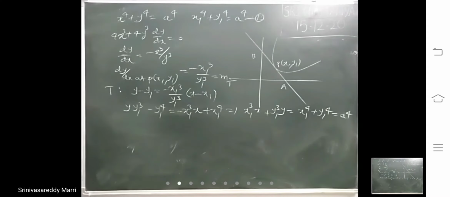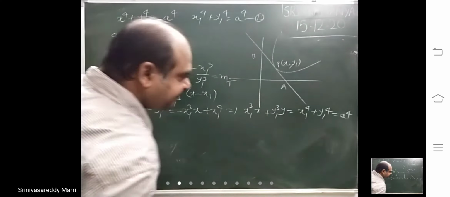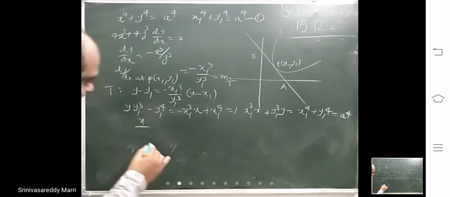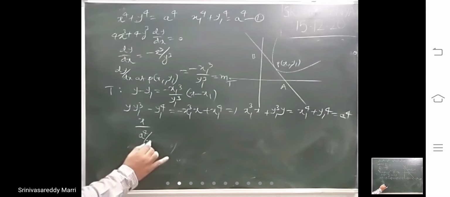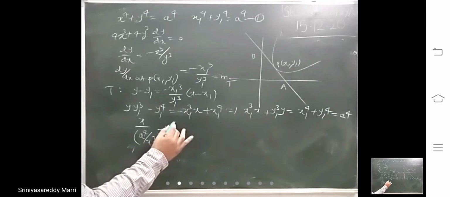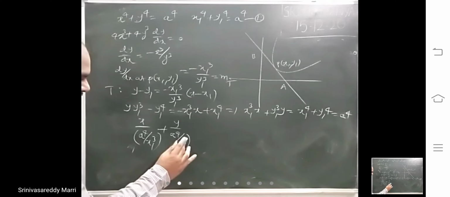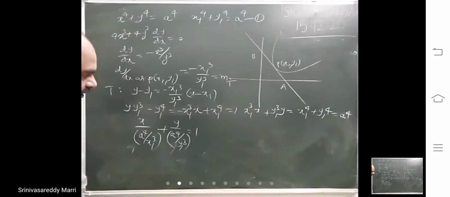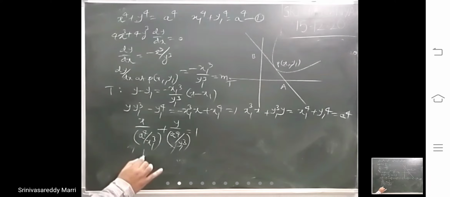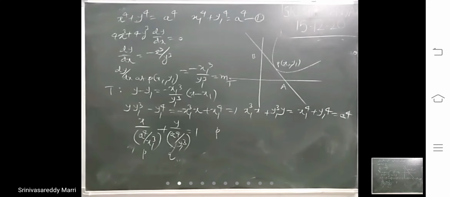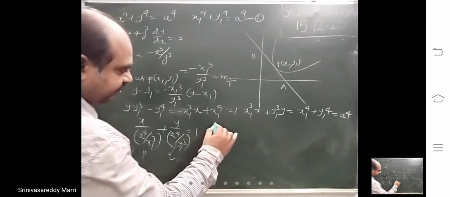A power 4. Right? So you want the x-intercept and y-intercept. Convert this into x by a plus y by b equal to 1. X divided by, bring this a power 4 this side and write like this, a power 4 divided by x1 cube, plus y divided by a power 4 divided by y1 cube, equal to 1. Now this is the x-intercept, this is the y-intercept. So therefore, what is it asking? P to the power minus 4 by 3.